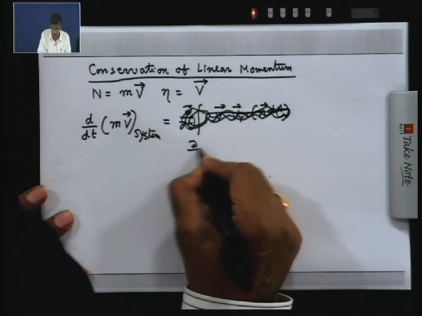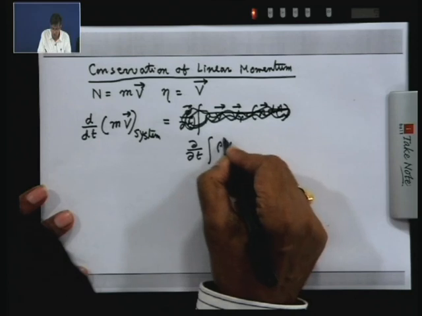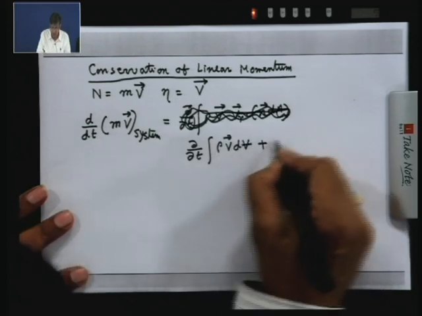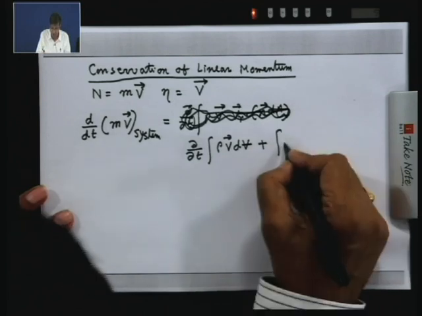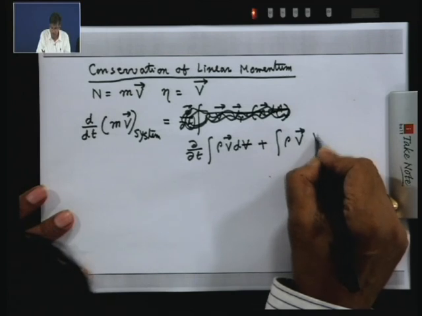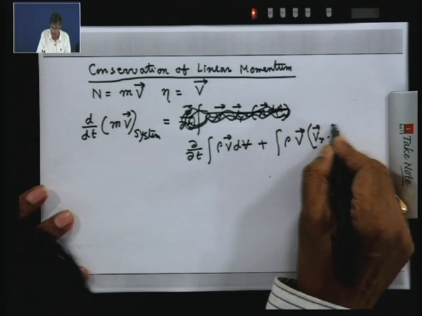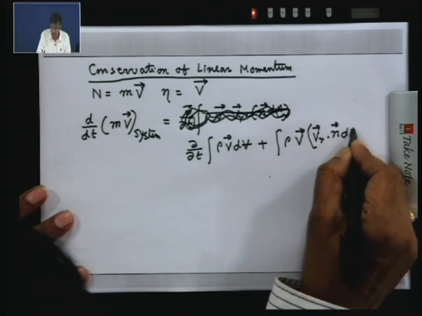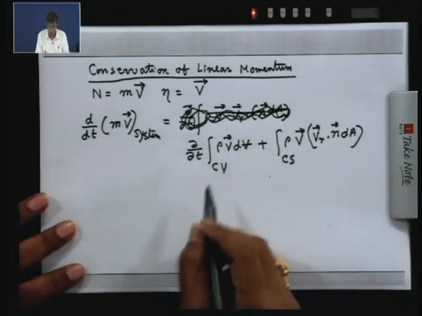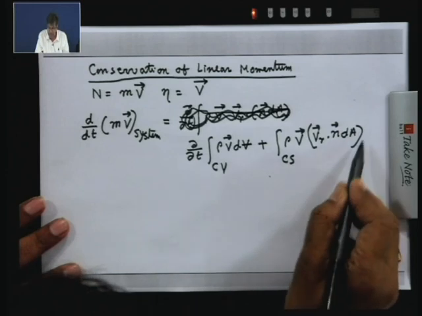First term will be ∂/∂t of ∫ρV dV, plus the efflux, I am extremely sorry, ρV (Vr·n) dA. This is over the control volume, and this is over the control surface. So, this is the rate of change of momentum within the control volume, and the rate of momentum efflux from the control